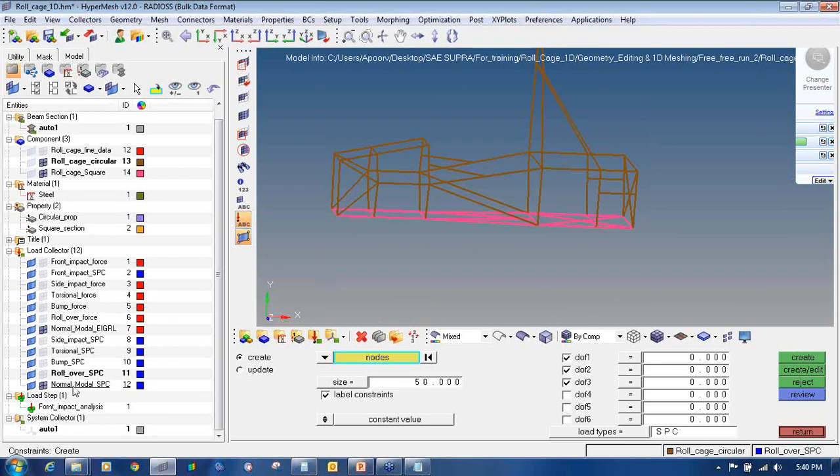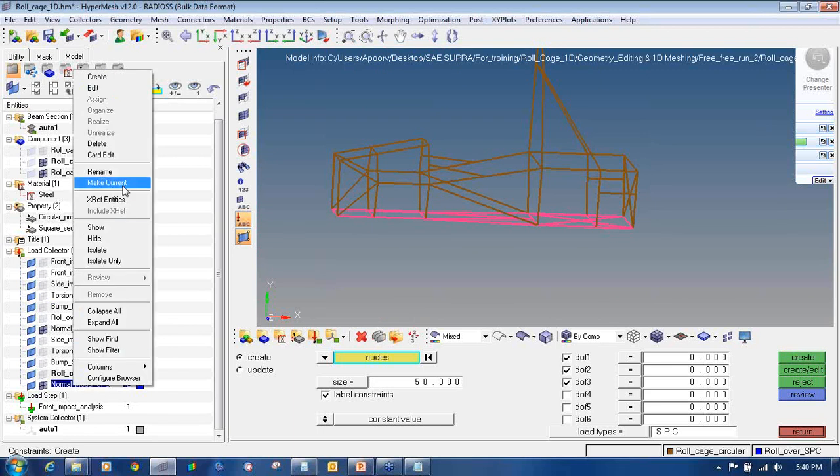Then I will turn off these 2 and say normal model, make current.